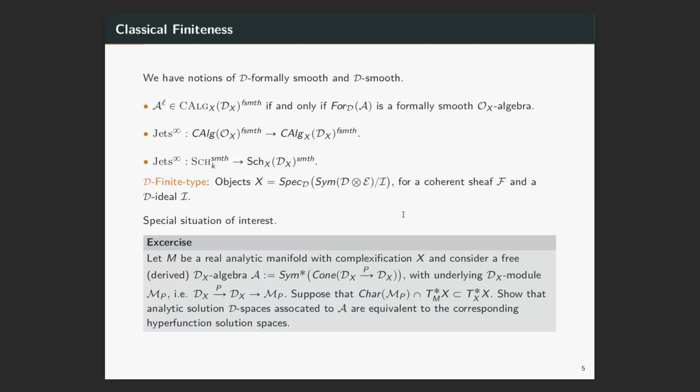So another special case of interest, which is something that we will be discussing today actually, is what happens if we take these symmetric algebras. It's a nice way of producing free D algebras from D modules. So last time we saw that if A is the symmetric algebra of a D module and the D module is projective, then A is going to be formally smooth, D formally smooth. It's just a nice exercise in homological algebra, but we saw that a lot of D modules are represented as cokernels of some operator. It can be a system of operators, so this could be a matrix. But here, for instance, if we just take one operator,